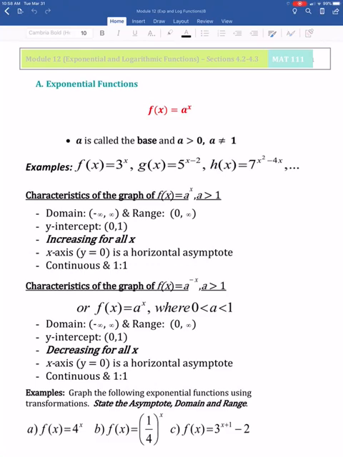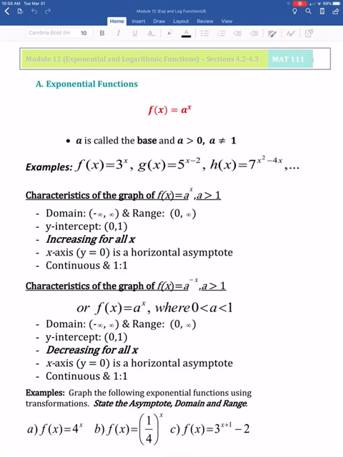Okay, we're going to take a look at exponential functions. Exponentials and logarithmic functions are inverse functions, and we'll see that as we work through this section, which we just finished talking about inverse functions in our previous section. With that said, an exponential function is a function of the form a to the power of x, where a